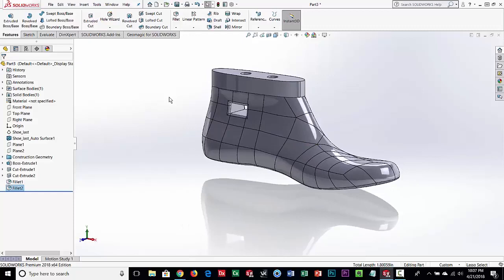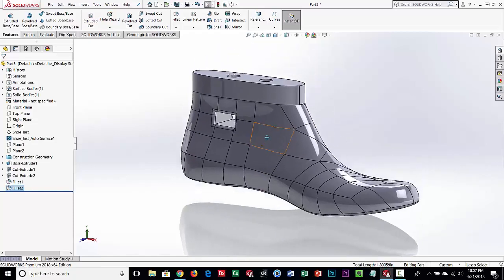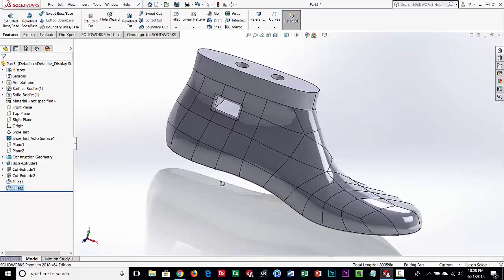radiused it. So now that we're done, we can go and export this as an IGES file, a STEP file, a Parasolid, any of the traditional CAD formats that you would share with somebody for manufacturing. So whether this is going to get CNC machined or 3D printed or injection molded, we can put it out in a CAD format that's usable.